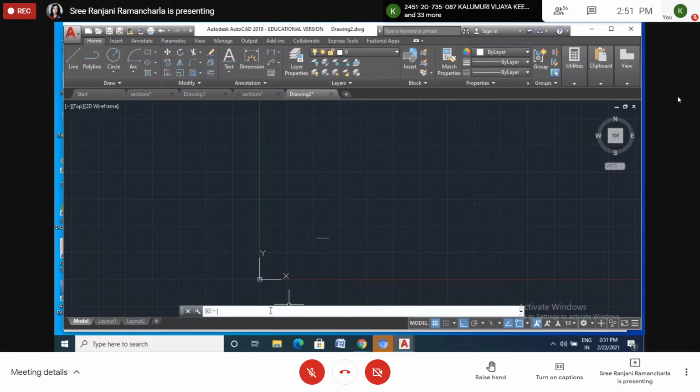Okay. Now here I don't want that much size. Now I want a clear picture on the screen. So I want to change as per our A4 size sheet. Is it clear? Now limit, enter. Here, the lower left corner I don't want to change. Let it be. So enter. Then 500, instead of 500 I want to give 200 by 200. Approximately our drawing sheet, A4 size sheet, will be this much only.